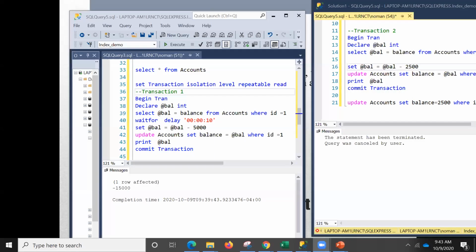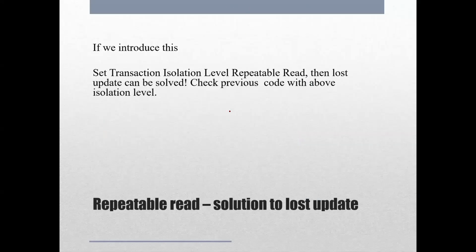How many others have seen that and checked what Muhammad did? Muhammad can see that result and everything. Are you people also able to see that after the repeatable read solution? Okay, that's very good, Alex, and the rest. I would love to hear from everyone. Alex and Muhammad are both able to get that working, because repeatable read has solved our problem of lost update. We are not getting a lost update.